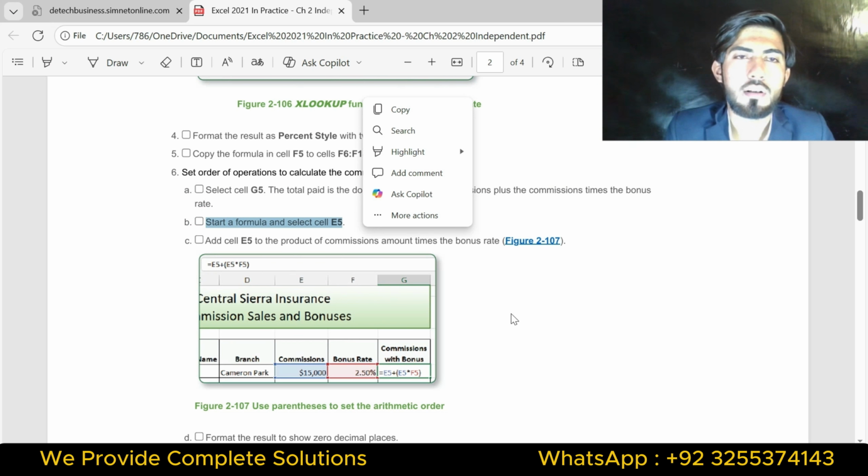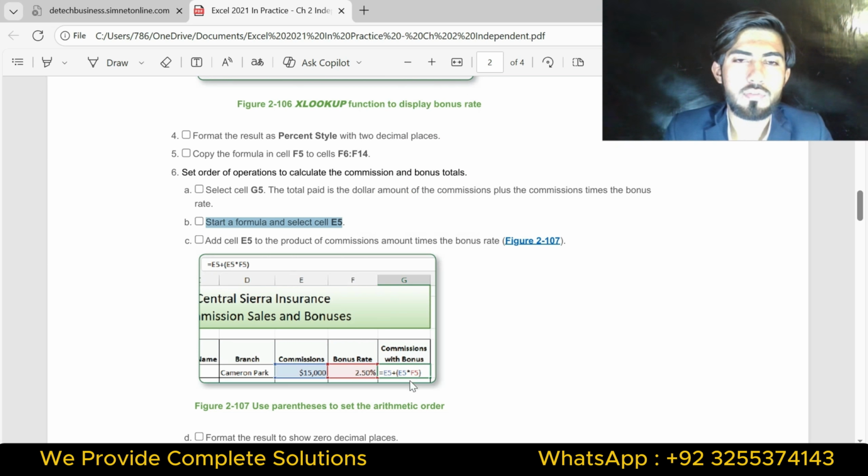Part B is start a formula and select cell E5. I will use this formula: equals E5 plus E5 multiplied by F5, and we will find the commission with bonus value in cell G5.